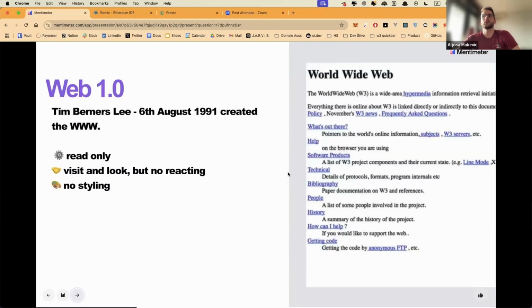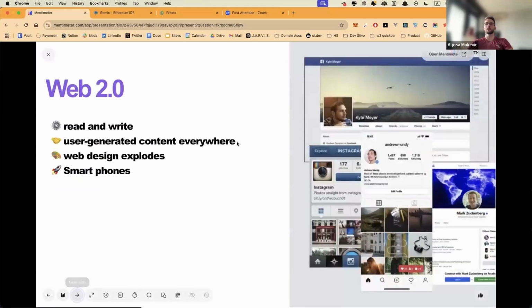And that was crazy revolutionary because for the first time you could access some data wherever you were, if you still had a computer with you, because smartphones still were not a thing. But you could only read that data. You couldn't manipulate it in any way. There was no styling. It looked like the old Wikipedia, but it was cool because for the first time you had something that linked to something else that wasn't on your actual hard drive.